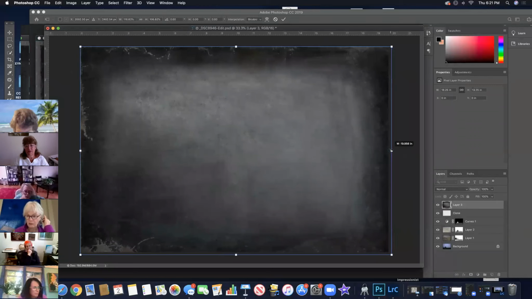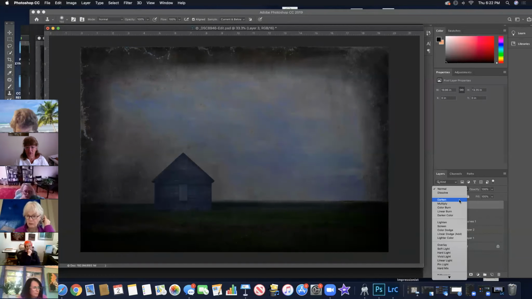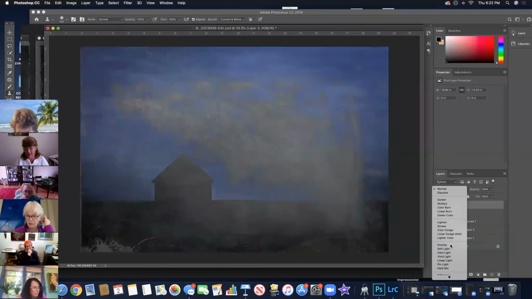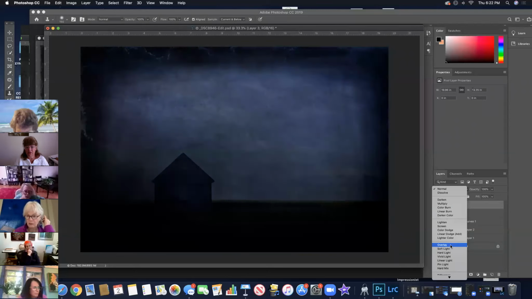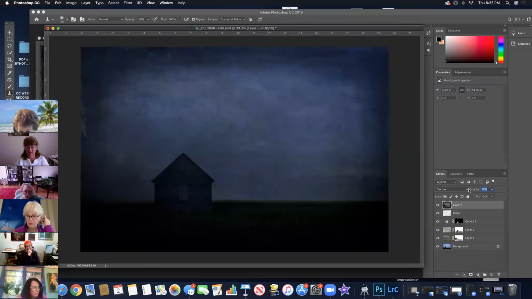Now I chose this because it has a vignette in it and it's going to make the center of my image brighter depending on which blending mode I use. And it's going to make a very old-timey look and a creepy look around the edges. So let's see what we've got. And I'm going to change my blending mode. Darken makes it look very weird. Multiply is way too dark, although I kind of like it. Let's go to overlay and soft light. So I think everyone can see the effect of what's going on here. So if we do it in overlay and we take the opacity down,